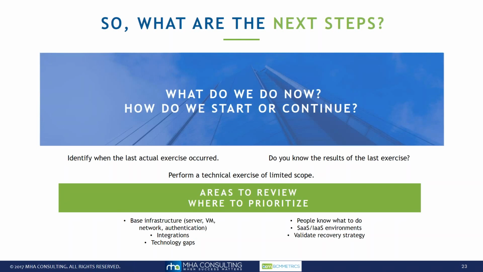I think it'll be a good one, because we're going to make it a pretty broad scope, a lot of applications being restored. So it'll help that functional and that performance test as well. So as you look at where to prioritize, what's your base infrastructure? What are your technology gaps? Really look at all of those things: network, authentication, integrations, all of that stuff that we always think just works is really a good place to look, and make sure that your DR environment has all of those same things and is functionally capable, or at least understand what the degradation of performance might be.